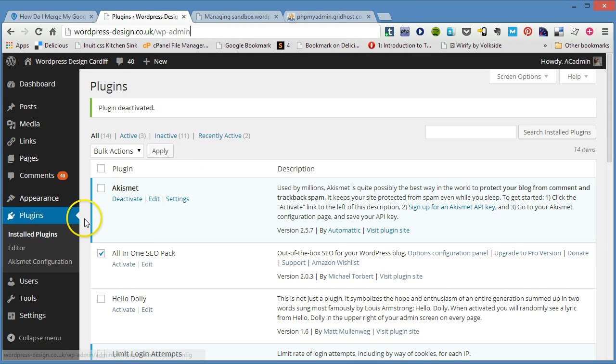Okay, so you've logged into your WordPress account and you've realised, as I just have, that you can't install plugins. The reason for this, for me anyway, is that I moved this copy of WordPress from a multi-user account where you have a network administrator to install plugins to a standalone account where the admin should be able to install plugins but can't, because I copied the users from the multi-user account, and the administrator doesn't have the network administrator capabilities. So what I need to do is give them those capabilities, and you can do that by logging into